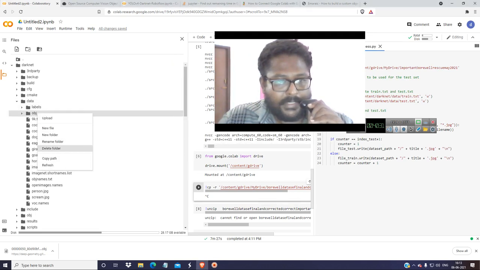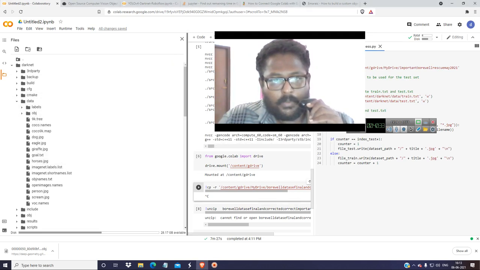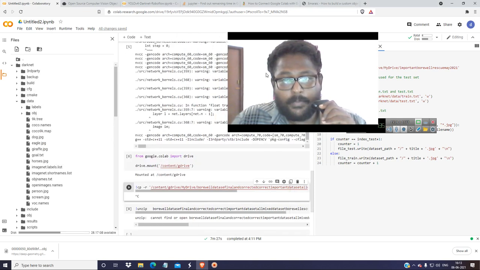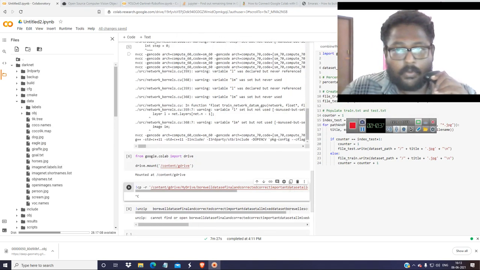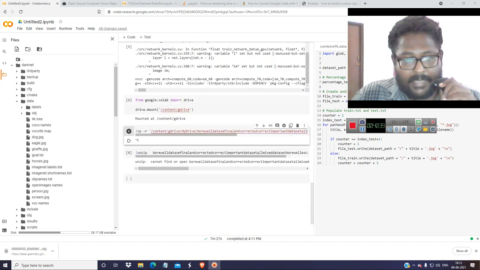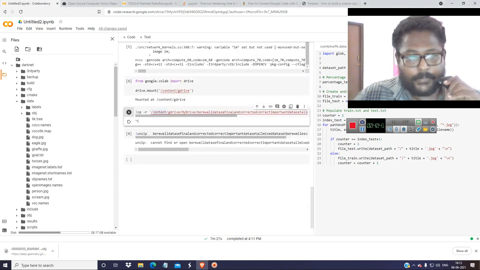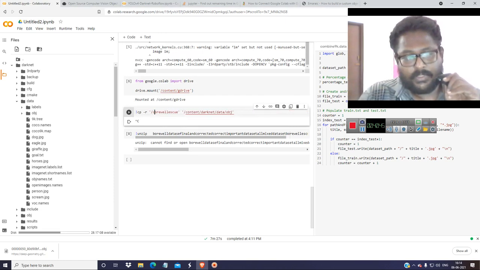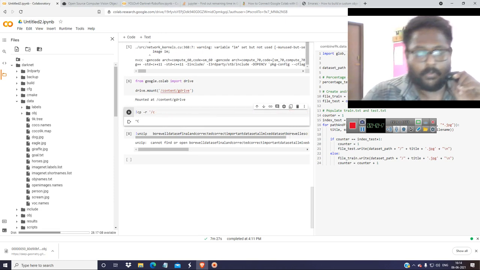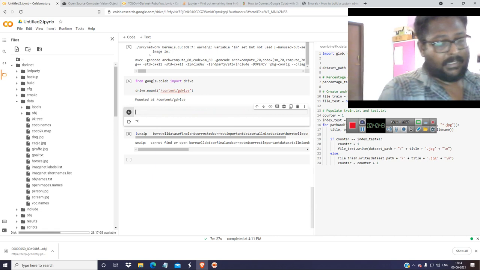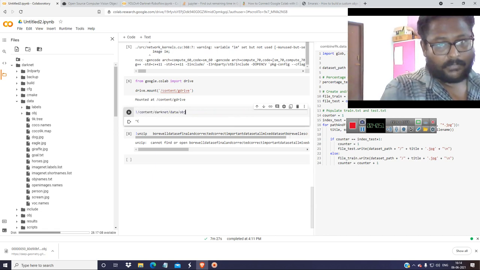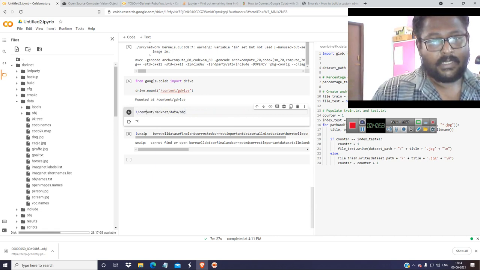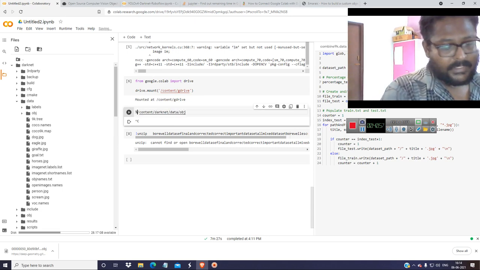So now get here, copy path. Then you have to arrange the data.obj and everything. So this may look very laborious or hard to you, but this is somewhat easy, so don't worry. I'm just going step by step.